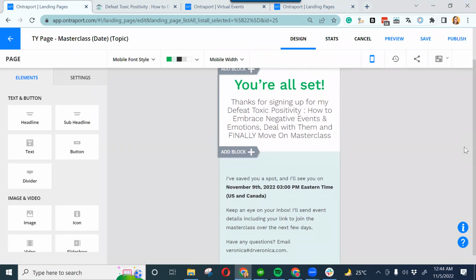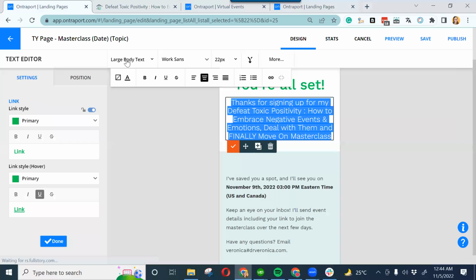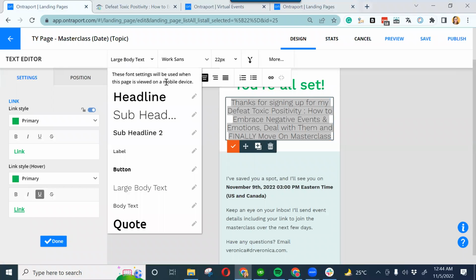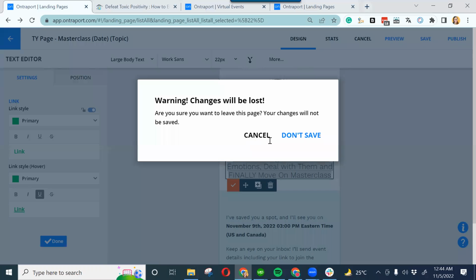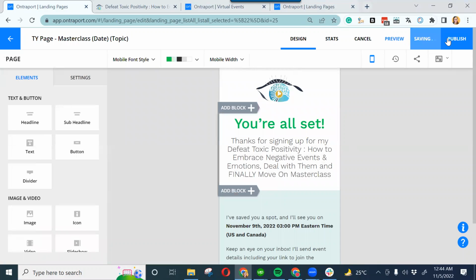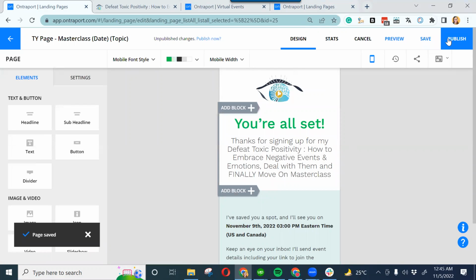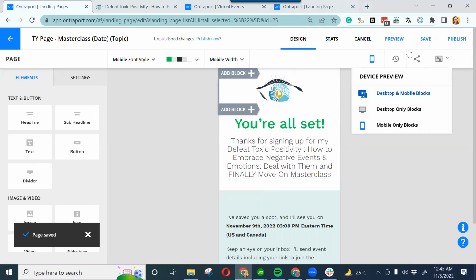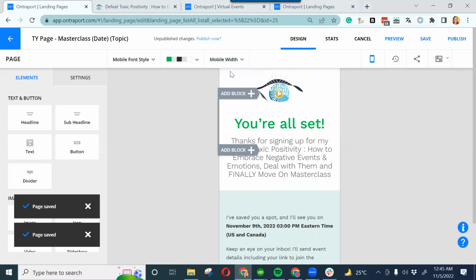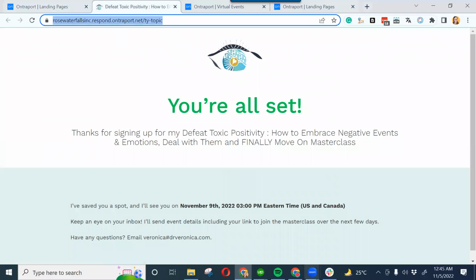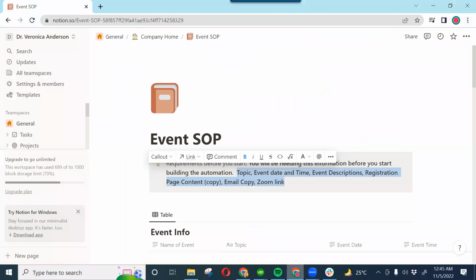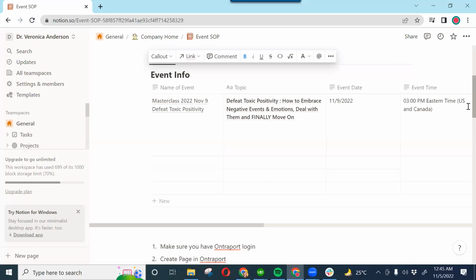So if you want a smaller font for the mobile block, then just change it right here, because this one will change everything for the devices only. And if it's on the desktop, then it will save for the desktop only. Okay, so there are different settings. You just have to change this one and then publish again, and copy the link and then put it right here on your